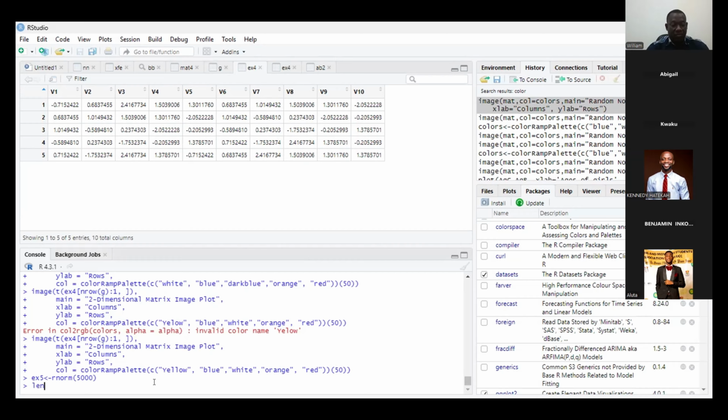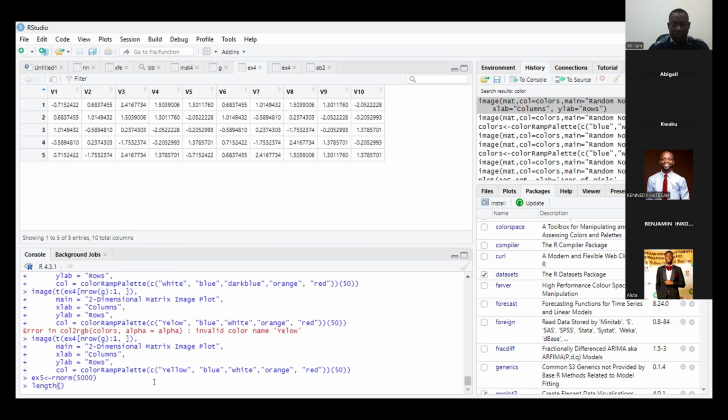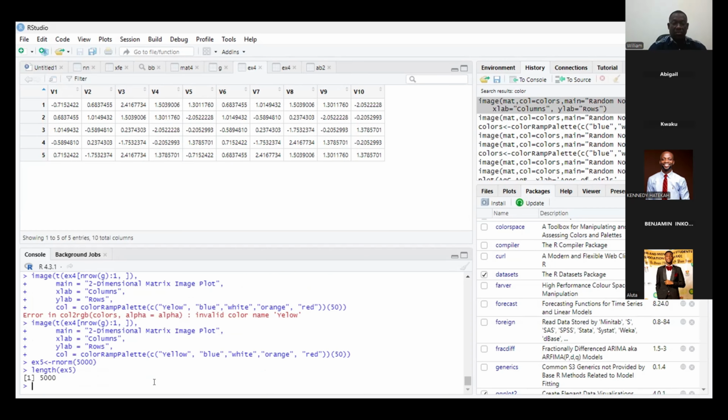EX5. And 5,000. Yes, it has. So let's cross-check to be sure. So length EX5. Yeah, so it's giving us 5,000. So now let's assume we are going to